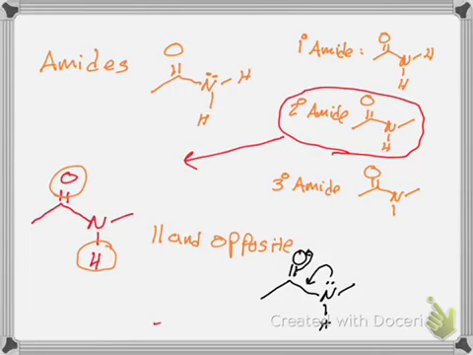New pi bond formed between the nitrogen and the carbon, breaking open the carbon-oxygen pi bond, and the other resonance form is this, where you end up with a negative charge on your oxygen and a positive charge on the nitrogen. Because a significant fraction of the amide structure is always switching back and forth between those two, that means that this bond here